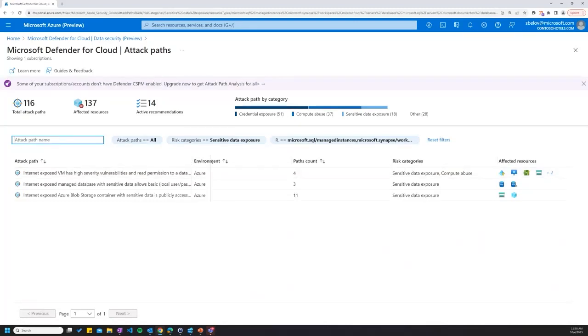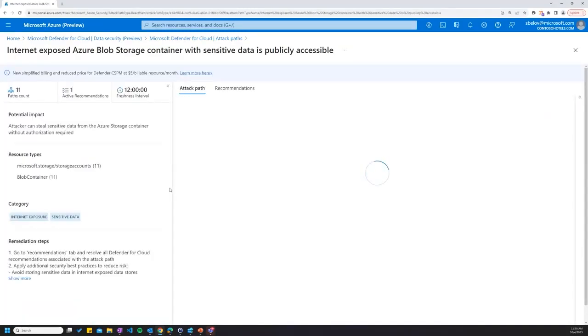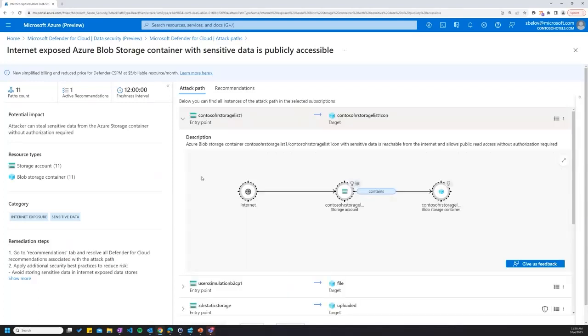And this means that some of the data resources where Defender for Cloud discovered sensitive content are part of the attack path. What this means is that if one of the resources gets compromised, this might lead to a compromise of some other resource. In this particular example, we see internet exposed blob storage container with sensitive data is publicly accessible. That's pretty self-explanatory. This means that I have some container